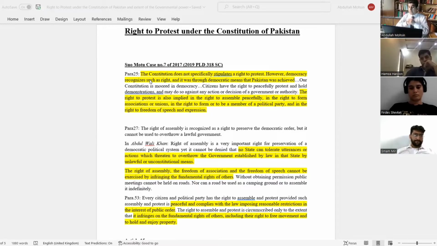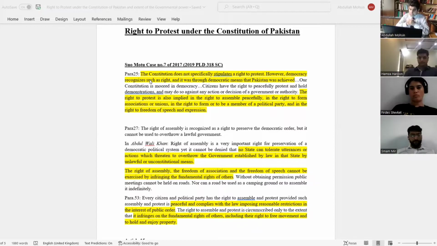It was a judgment by Qazi Faiz Isa in the very famous Faizabad Dharna or Faizabad sit-in case, where of course the TLP, Tehreek-e-Labbaik Party of Pakistan, froze the capital of Pakistan, blocked the main road that led into the city, blocked the traffic, and froze public life in the city. It was an important public issue that dealt with fundamental rights of the citizens of that city, and so